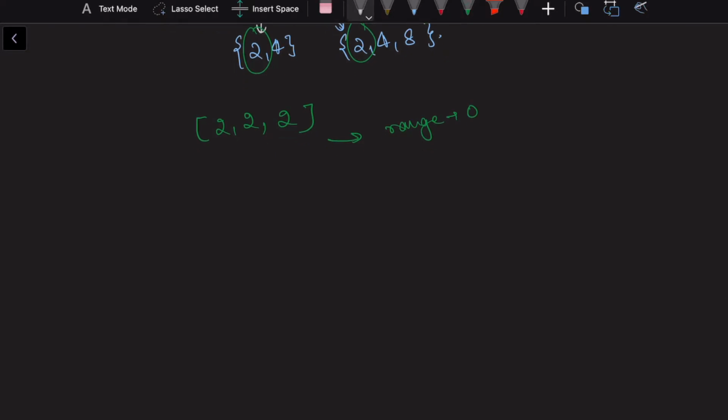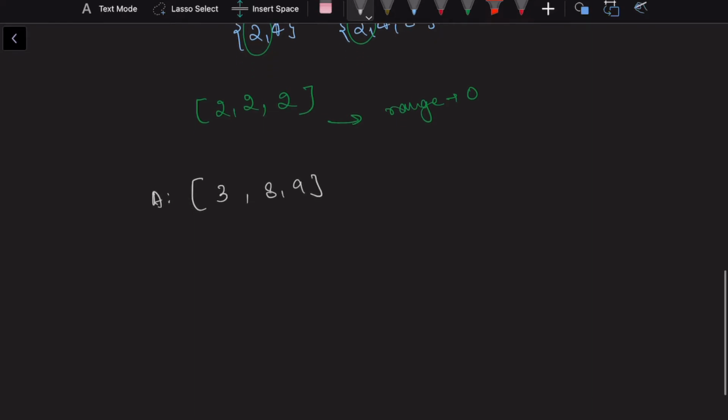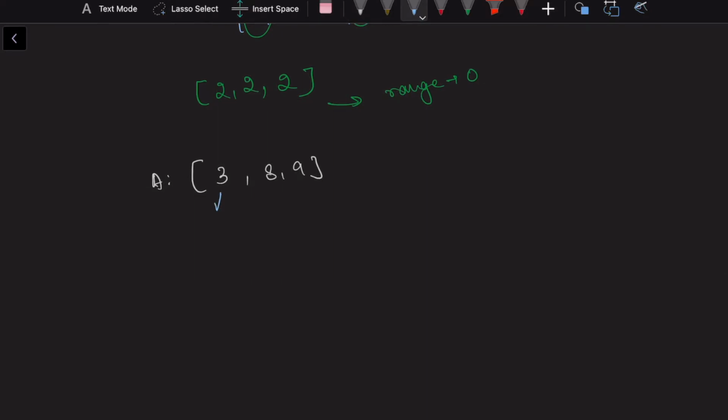Let's take one more example where A is equal to 3, 8 and 9. This 3 cannot be broken into any sub part, so it will be 3 only. 8 can be broken into 2, 4 and 8, and 9 can be broken down into 3 and 9.